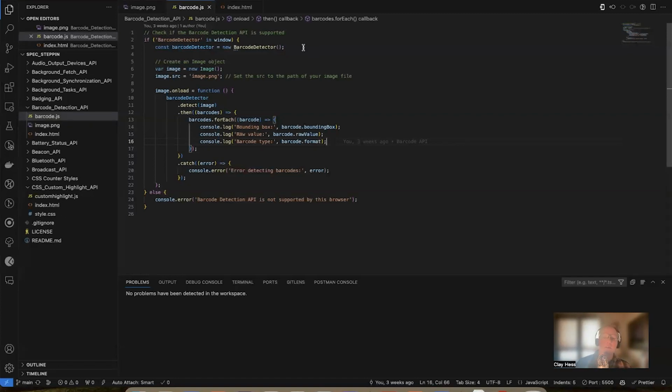So I check to see if it's available. If it's not available, it's just going to say, "Hey, it's not supported by this browser." And I'm just doing a console error. If this were a production app, I would probably do something more robust, let the user know, hey, this feature's turned off. You have to turn it on to use this, that sort of thing, or have some elegant fallback to other functionality. So here I'm instantiating the barcode detection API,